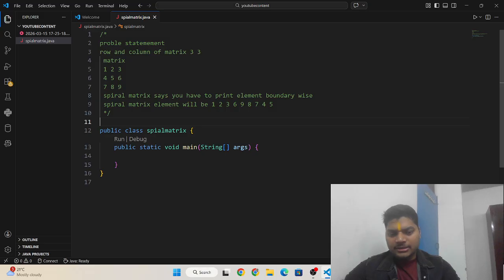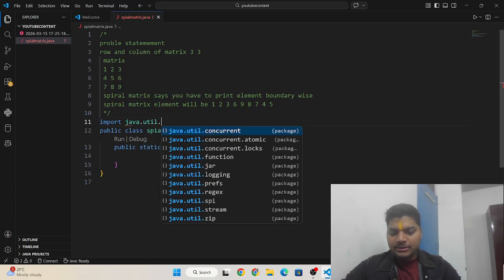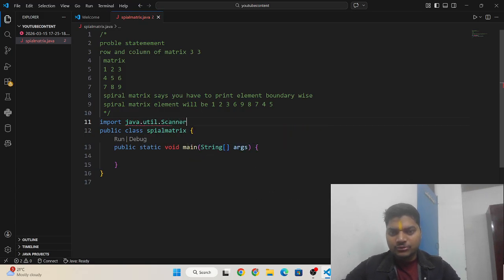Here I need to write import java.util.Scanner, so that we are able to take user input.